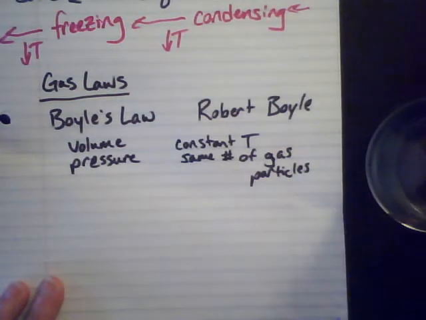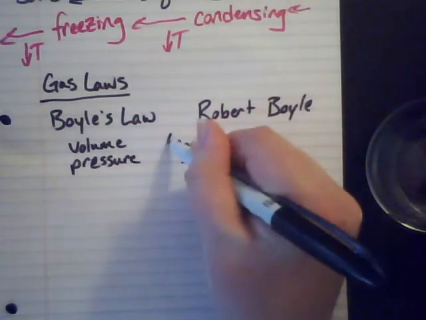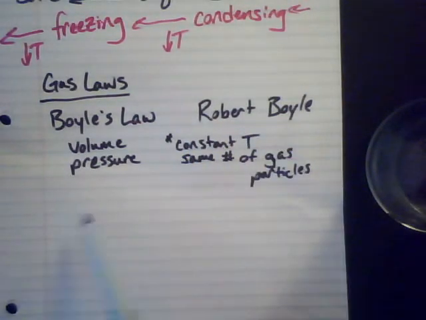Which means that he had a closed system. So he didn't add any gas to the system, he didn't take any gas away. So it's important to note what was kept the same so that when he was isolating these other two variables, he knew that he was just going to be looking at the effect that one had on another. And that's what Boyle's Law is all about.